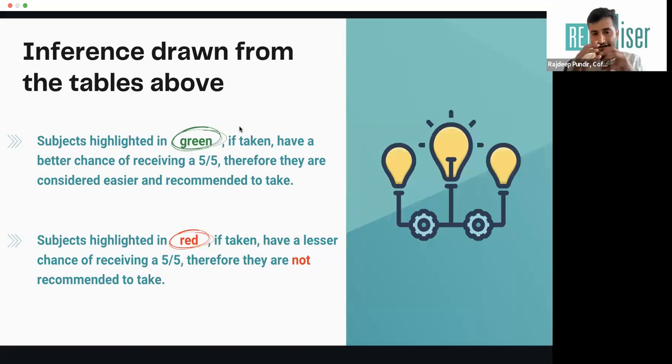What I wanted to show here is, if you have understood it correctly, there are certain subjects where it's easier to get a 515 versus a couple of other subjects where it's difficult to get a 515. And hence it becomes very important in terms of how you decide your subject, right? So that could be one of the important factors when you're selecting your AP subject.